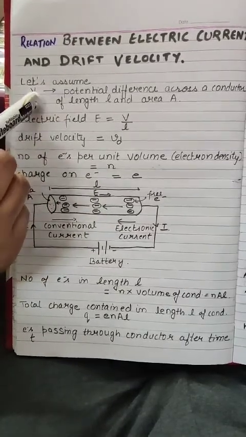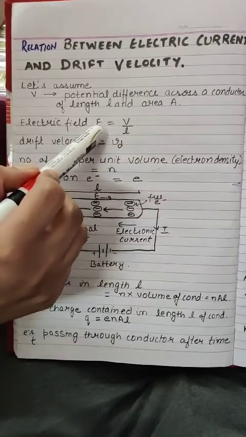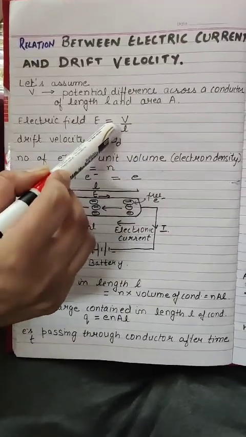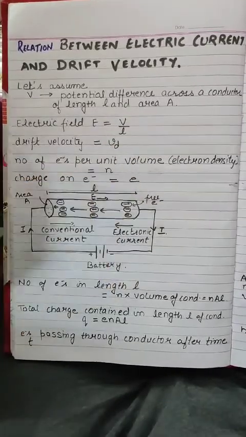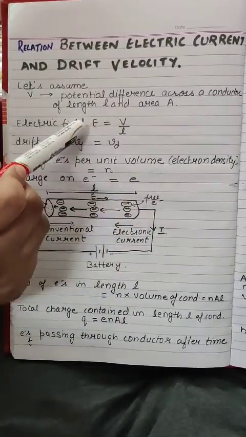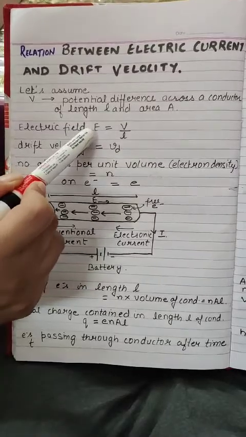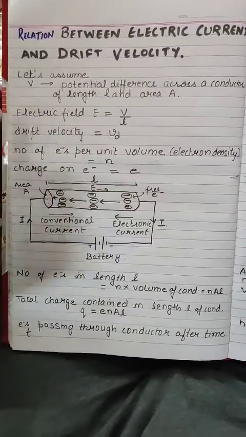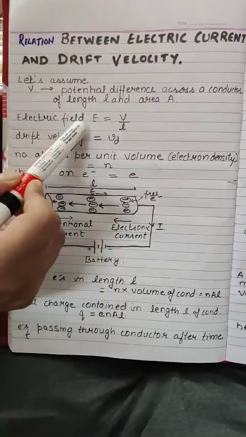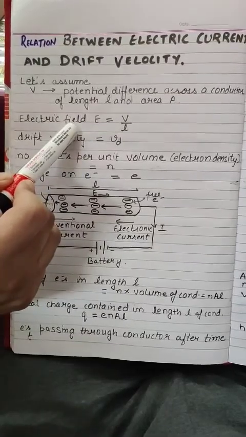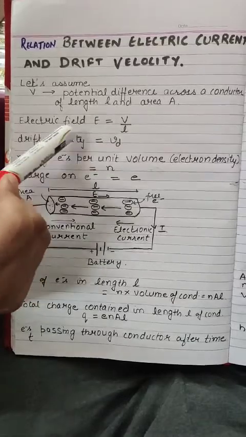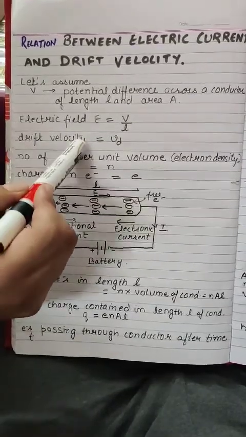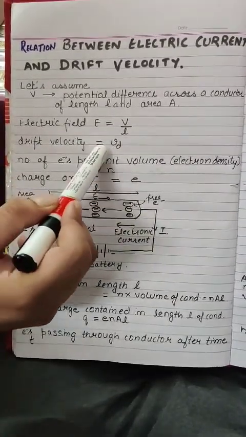Because of this potential difference, there will be an electric field E. This electric field will be equal to the potential difference V divided by length L, which is called the potential gradient. You have already studied this in Unit 1, Electrostatics. Now, when you place a conductor in an external electric field, there will be a drift of electrons in the opposite direction. So, let the drift velocity with which the electrons are moving be